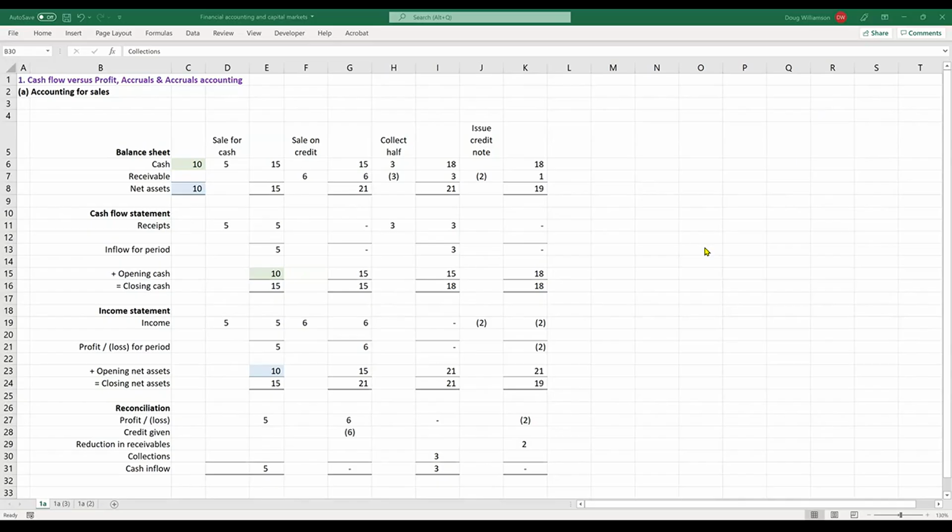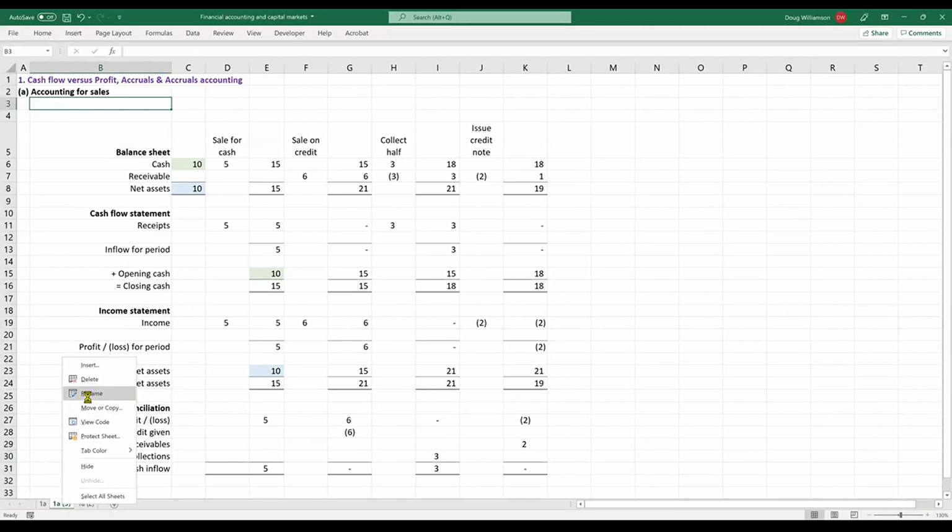Let's spend a little more time on the hugely important aspect of reconciliation. Reconciliation. This is a copy of the sheet we were looking at before. So we were looking at differences between,